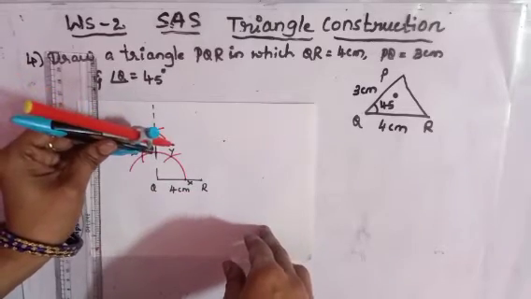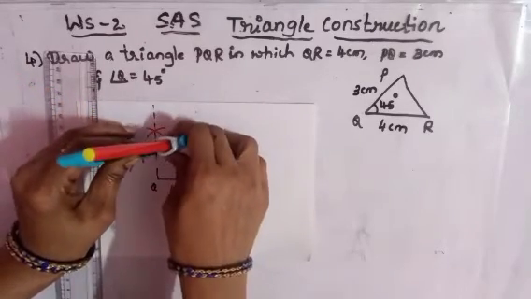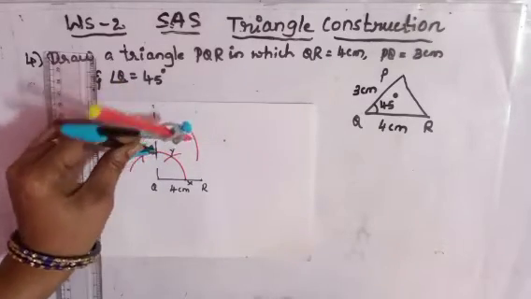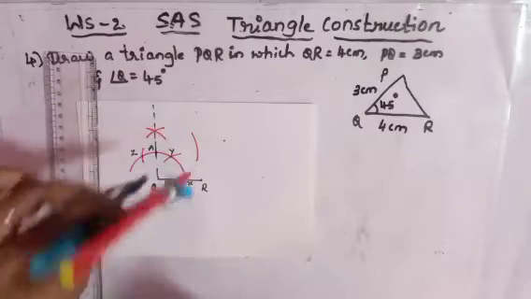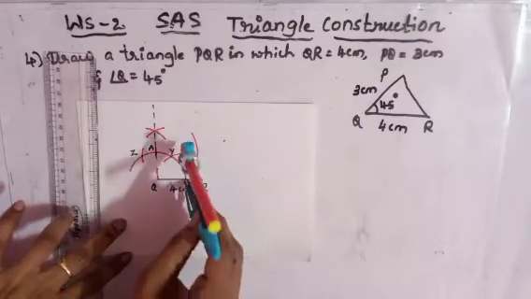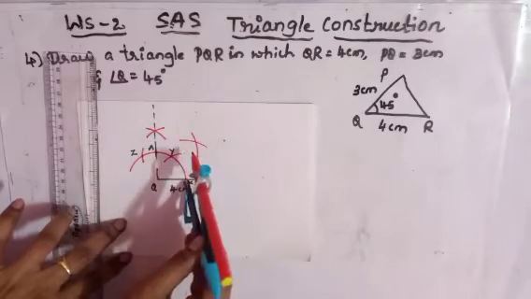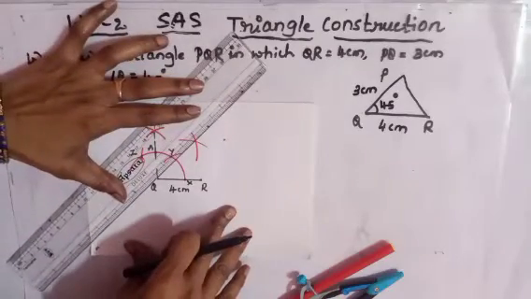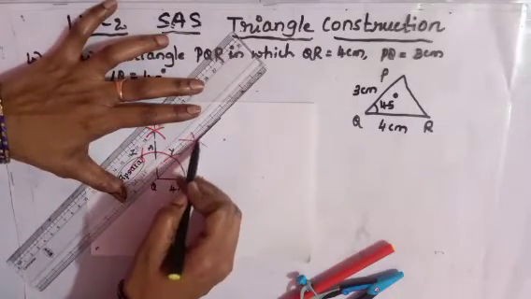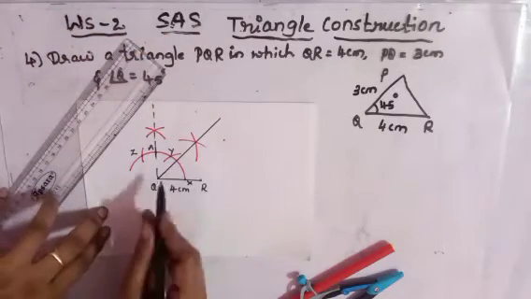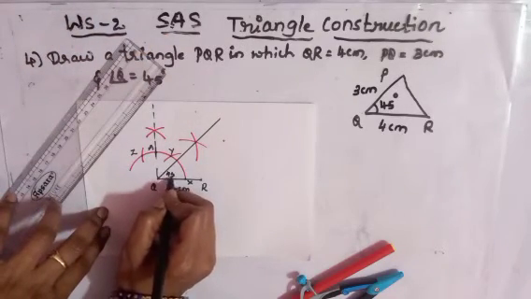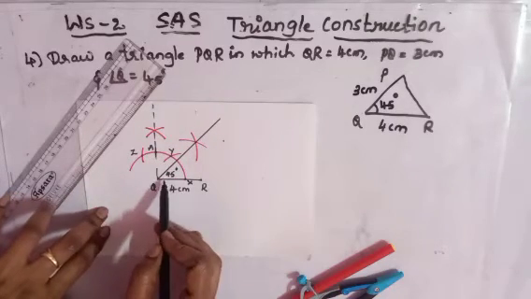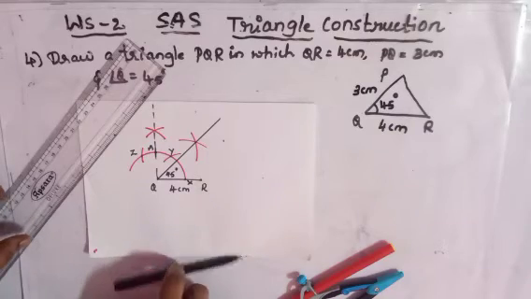So place the compass at point A. Extend the compass a little, take convenient radius, and draw an arc. Then place the compass at X and draw one more arc. Where these two arcs intersect, draw a straight line. Now we got the angle of 45 degree. Now this angle Q is 45 degree, because 90 degree half is 45 degree.